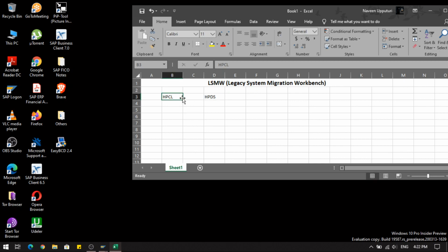A lot of other things are there: name, title, recon account, country, payment terms. A lot of details, but think only these two details are there in the vendor master record. I need to upload the vendor master record, so I need to enter these fields, this data,